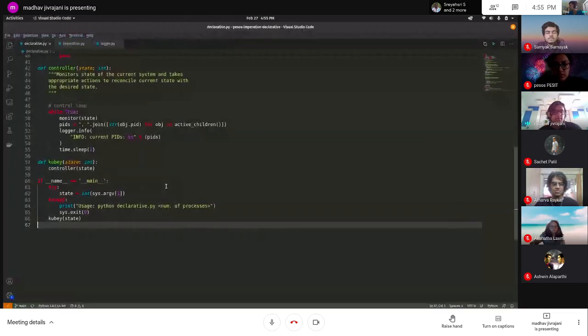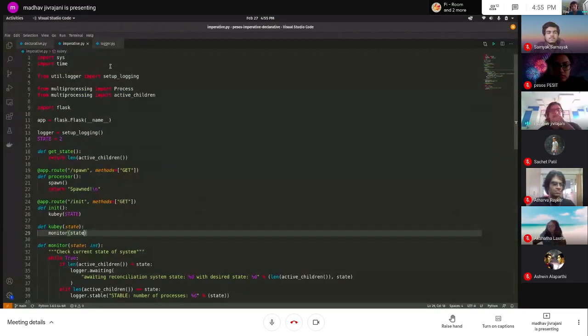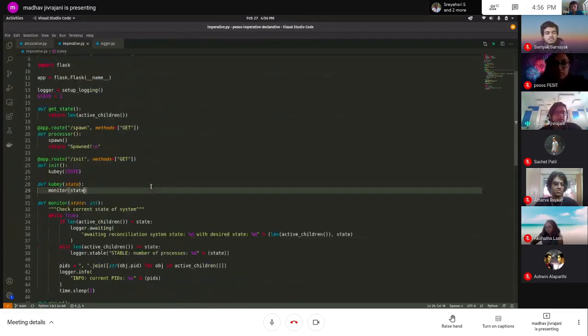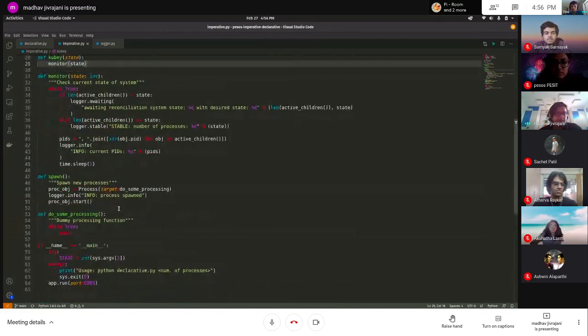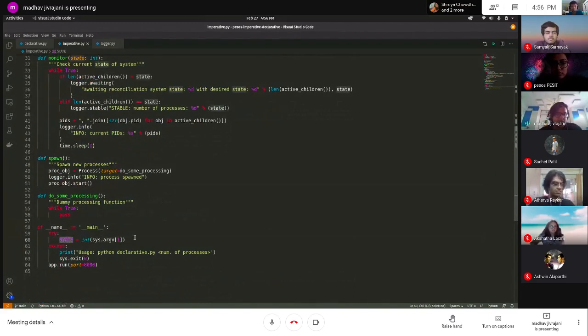But when you come to an imperative system, I had to do some hacky things here because I didn't know how to fit it into the demo exactly. So what I did was, okay, I'll tell that a little later. For the code itself, it's the same thing. You give the number of processes you want as a command line argument. This should be imperative, not declarative. If NSK server were here, he would tell you copy paste is the worst thing.